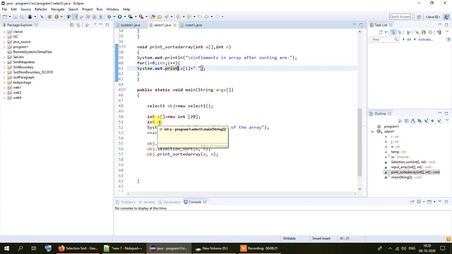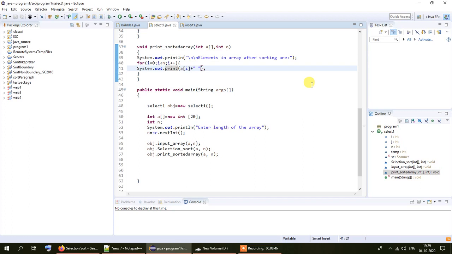While entering the value of n, we must make sure that it is either 20 or less than 20. If the size of the array is 20 and we give the length as 30 or 40 or anything bigger than 20, we will get an array index out of bounds error. So n is used to control the numbers entering into the array.